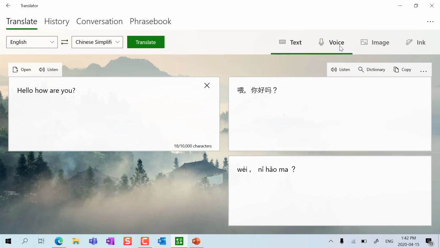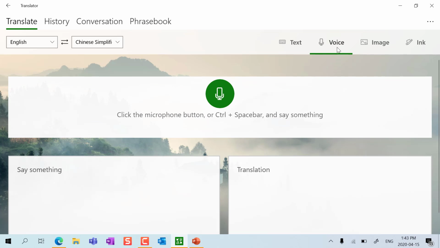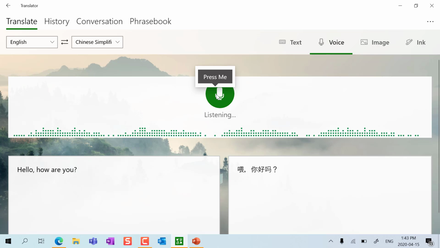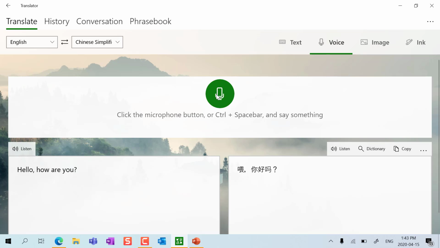The next option I have for translation is using voice. So I can click, and then I can speak, and then click the button again, and it will stop recording my voice, and it will translate what I say. Hello, how are you? And once again, I can press this button and listen. 喂，你好吗？